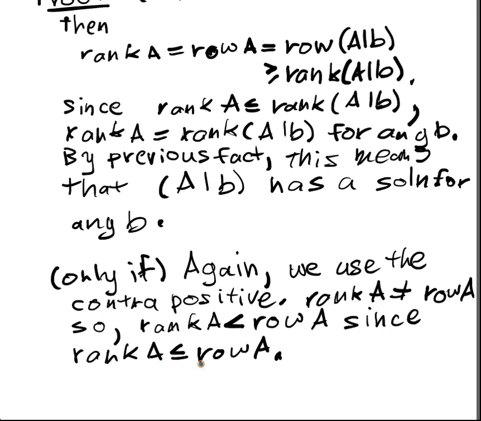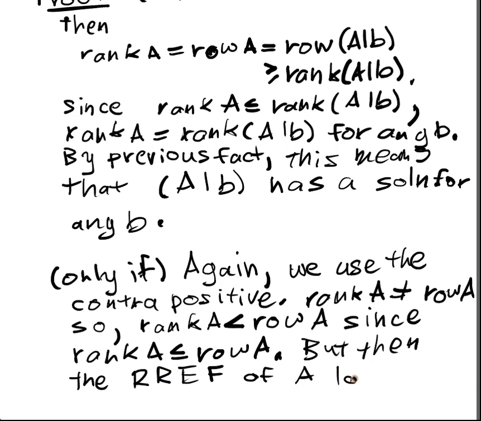The rank of A always has to be less than or equal to the number of rows. But then, we've got the rank of A strictly less than the number of rows of A, so the reduced row echelon form of A looks like